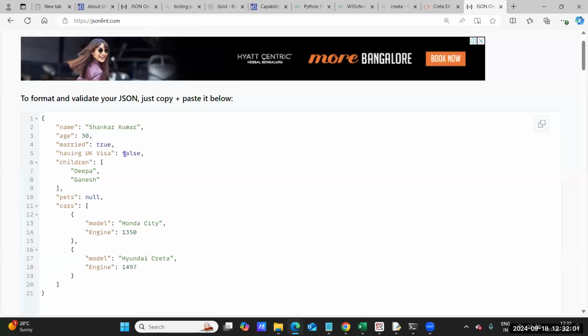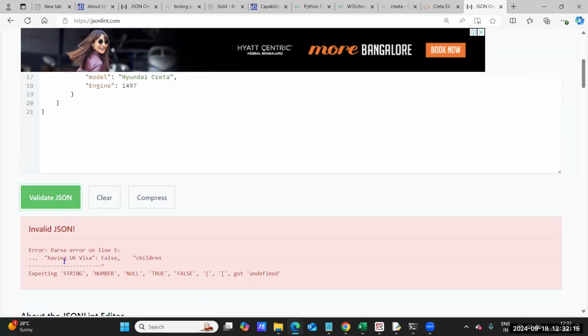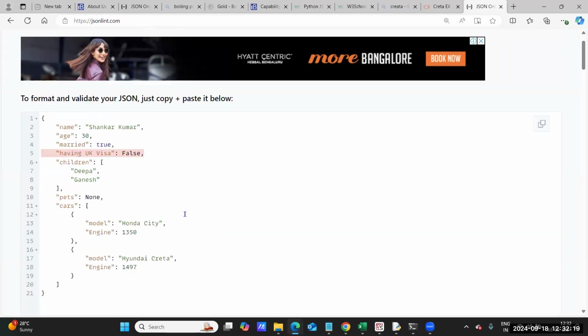Had it been an issue, for example, if suppose false or instead of null, this was None. Since it's not a valid JSON type, you'll get an error here. So it says that it is undefined. So if I make the correction, I make it false, which is a valid data type, you'll get